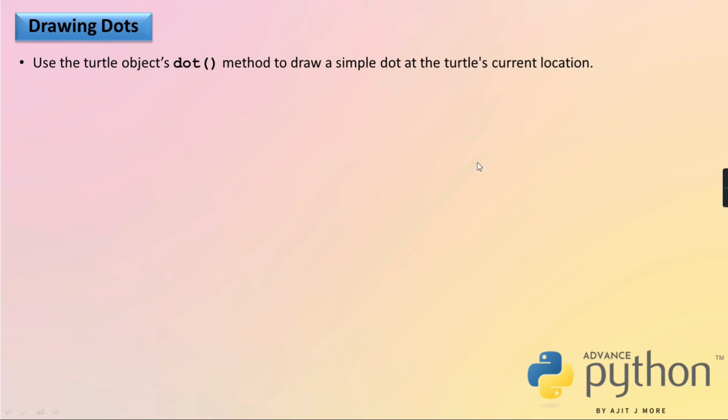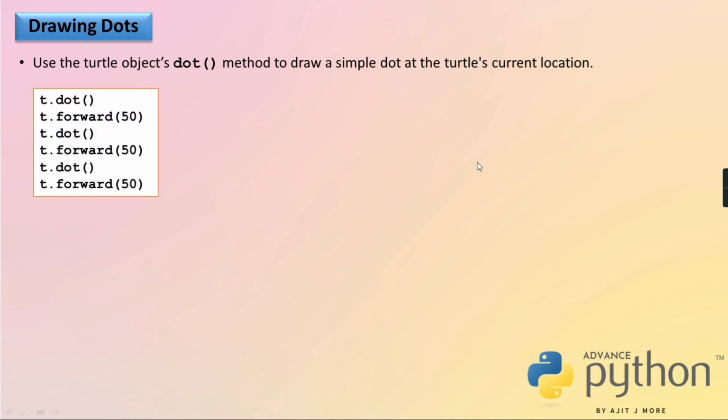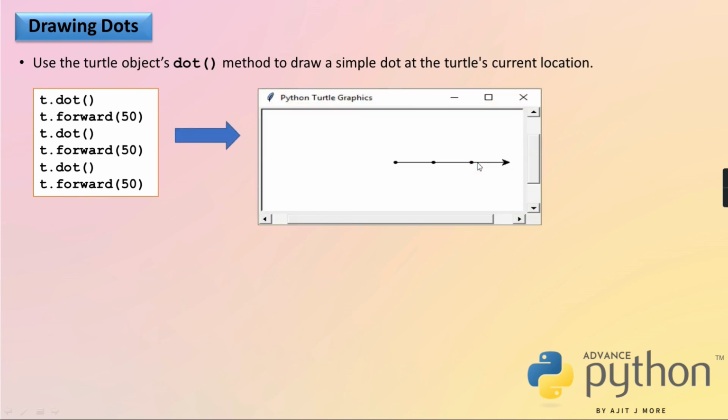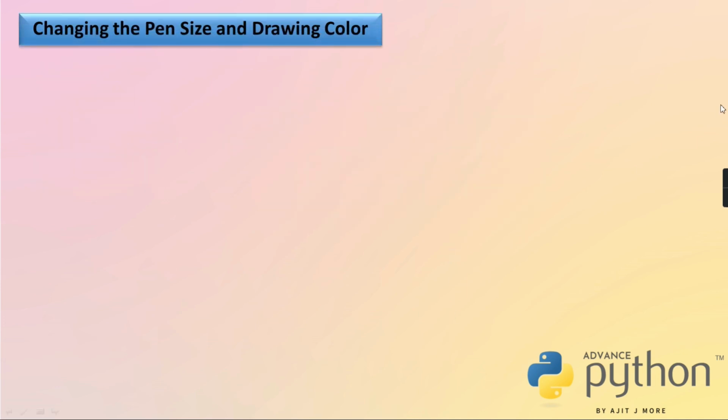But imagining the real turtle, and we are commanding the turtle. As I said, imagine to the tail a pen is attached. So in that point of view I am saying, make the turtle lay an egg at a fixed distance. See, here if I have written t dot dot forward 50, t dot dot forward 50, t dot dot forward 50, the output will be something like that. First dot, then go forward, again dot, go forward, again dot, go forward. Right? I hope you got it.